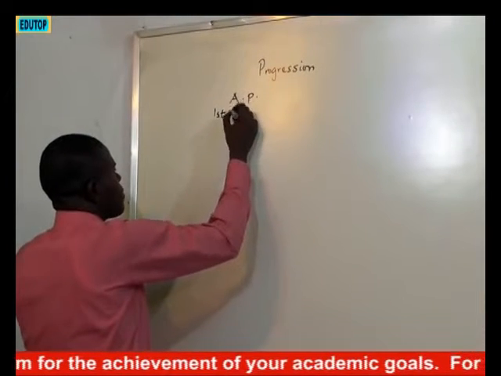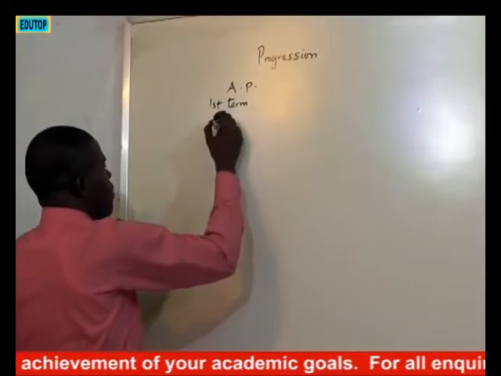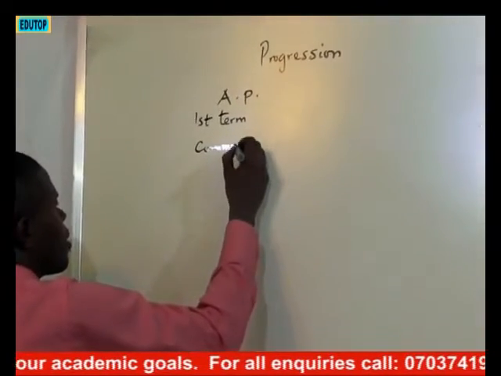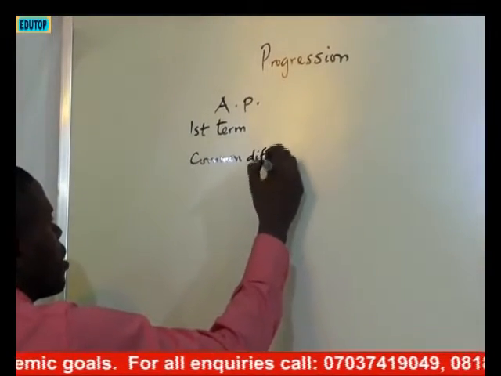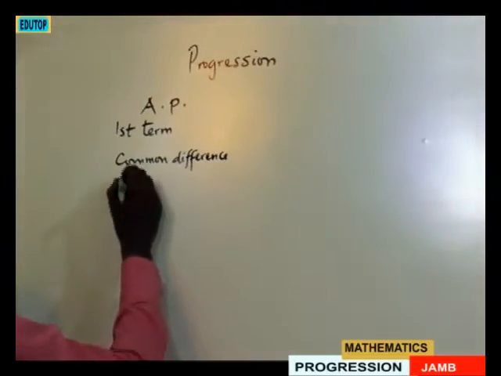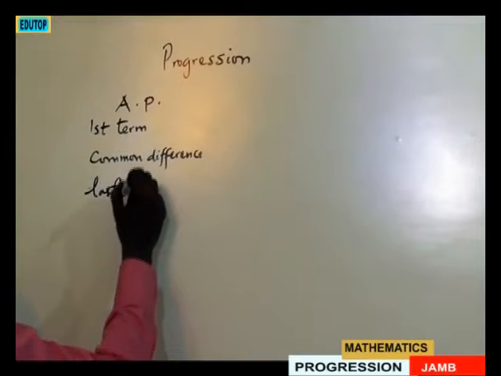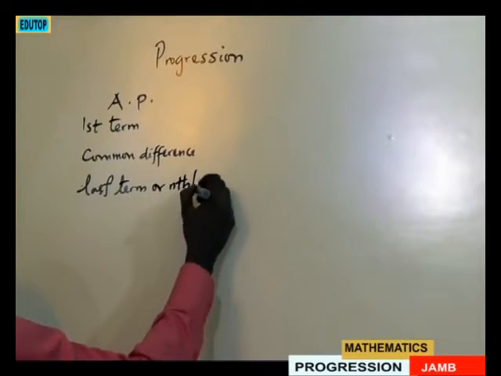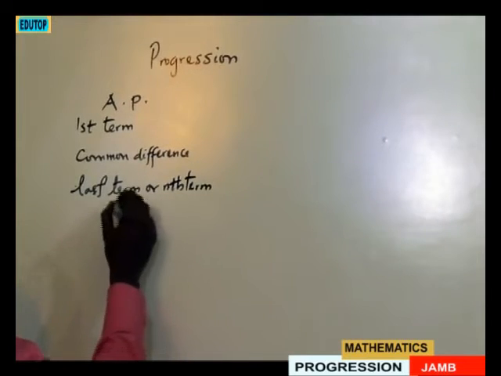We have the first term, the common difference, the last term or nth term, then we have the sum